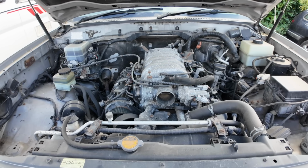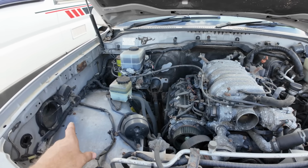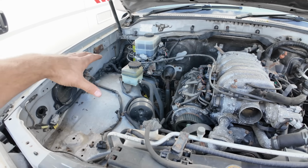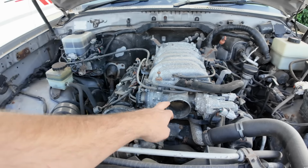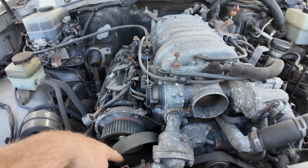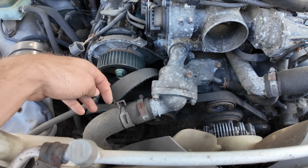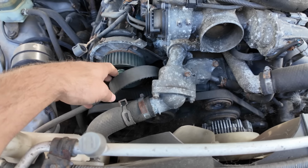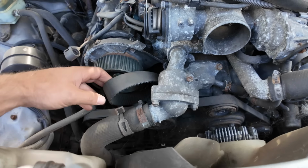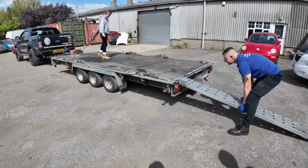Okay, so first impressions are the engine cover's missing. There's an airbox that should go in here, really quite big airbox, and the tube obviously going into the throttle body. Straight away, obviously, the first thing I actually saw just then was this. I'm gonna have to find out what happened here. The cam belt and sprocket hanging off like this is not normal, but more on that shortly,